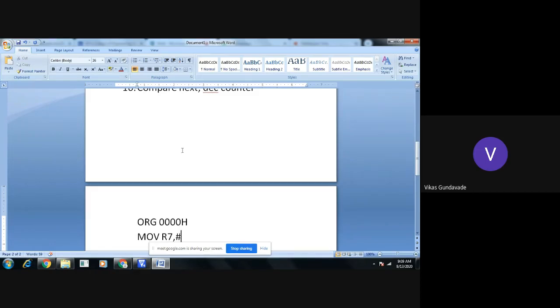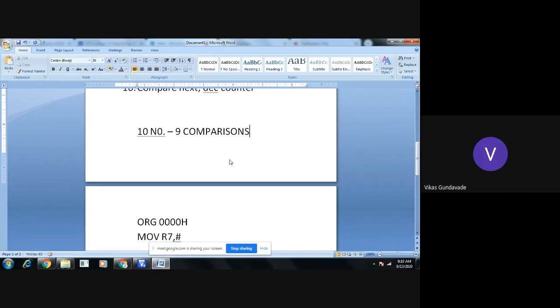Let's assume we have a count of 10 numbers. From these 10 numbers, we are already taking the first number into the accumulator. How many comparisons do we need to do? The first and second will be the first comparison. Then whichever is the largest between the first and second will be compared with the third. Then the largest of these three will be compared with the fourth, then with the fifth, and so on. So if we have 10 numbers, we need to do 9 comparisons.